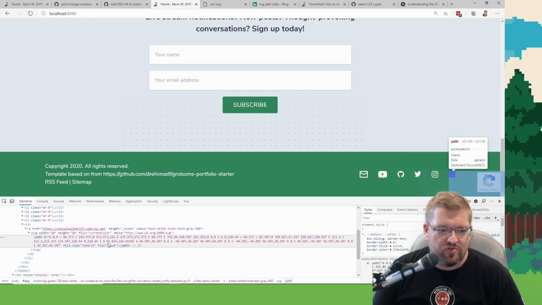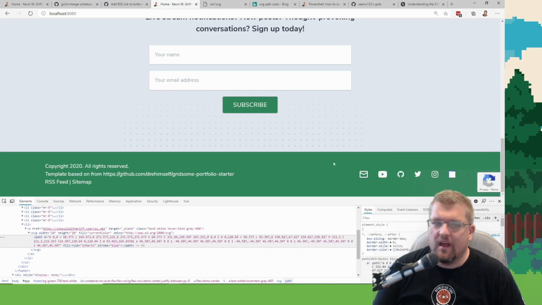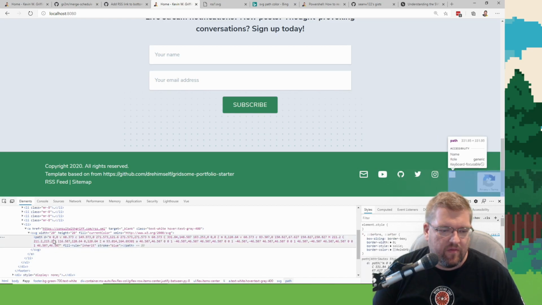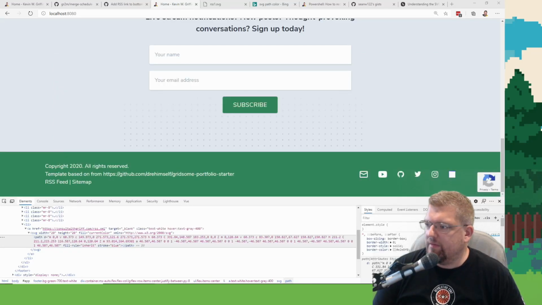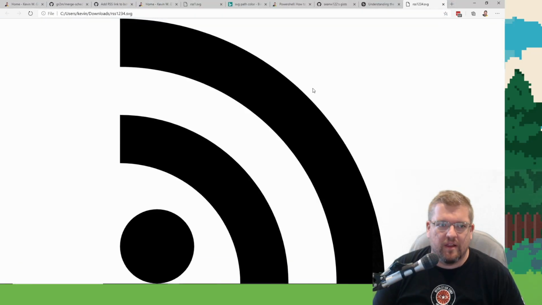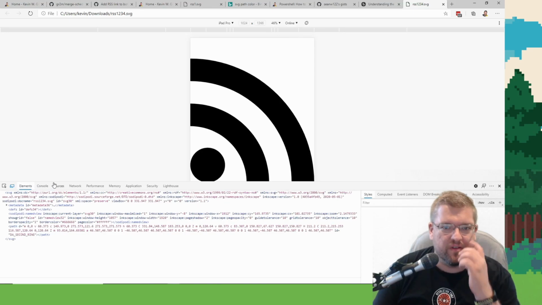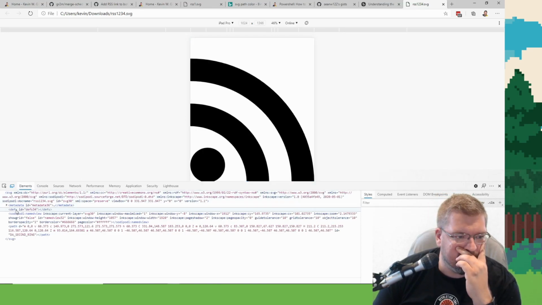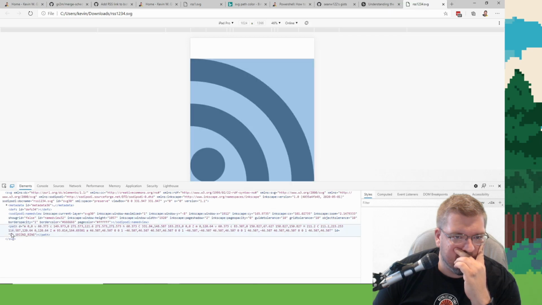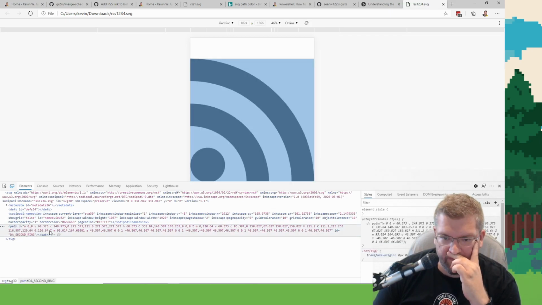Unless I have to change like the stroke. Is there a stroke? Oops. Nope. Well, hold on. So this is the file I just saved. It's the file I took the SVG stuff out of. Path.